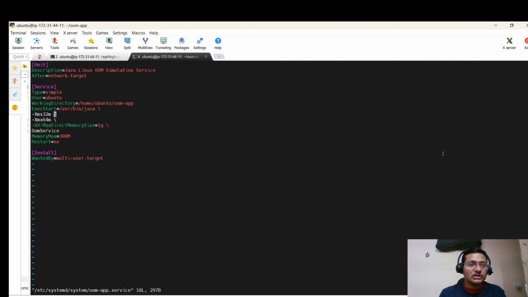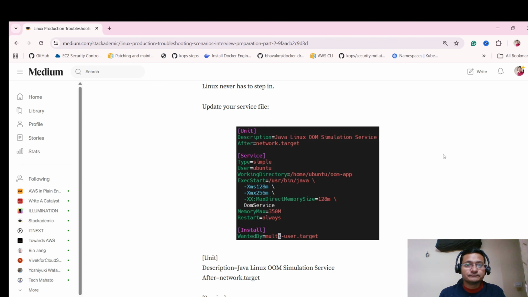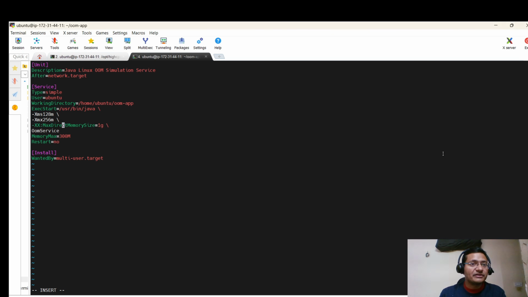And as you can see here, what I'm going to update is, I'm going to pass Xms 128M here, and Xmx 256M. And here also I'm going to specify the maximum directory size, which is going to be 128M. And for memory max, I'm going to keep it at 300M only,